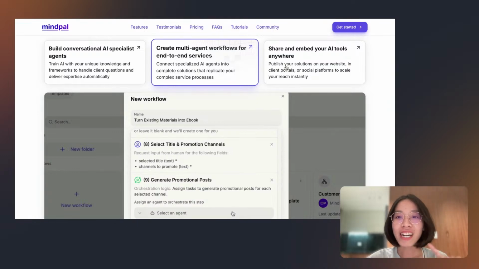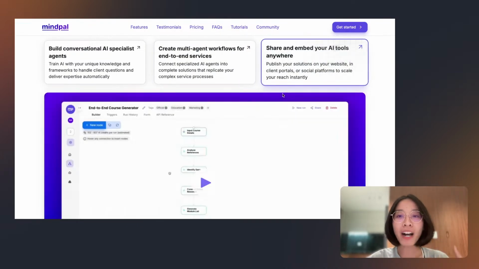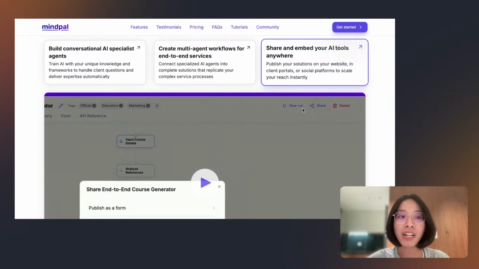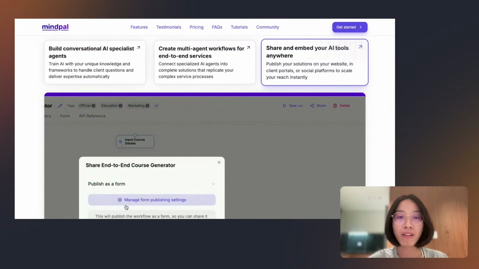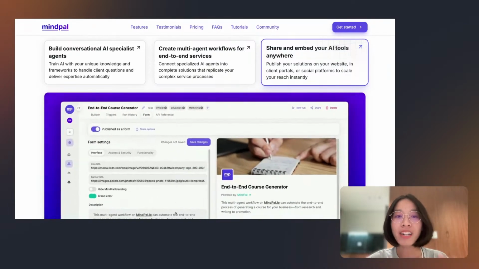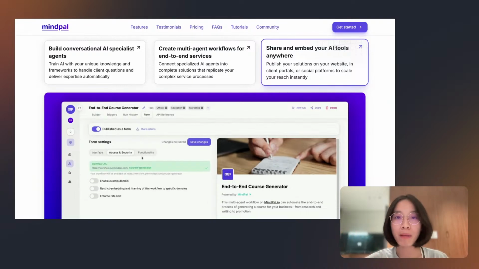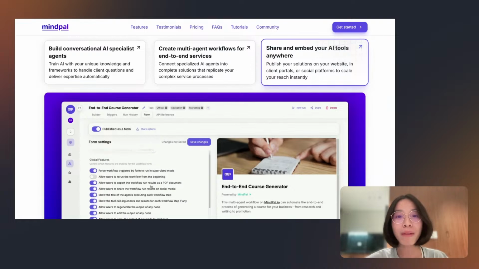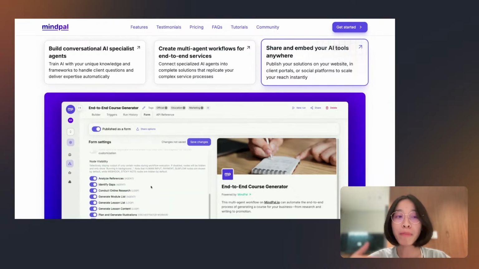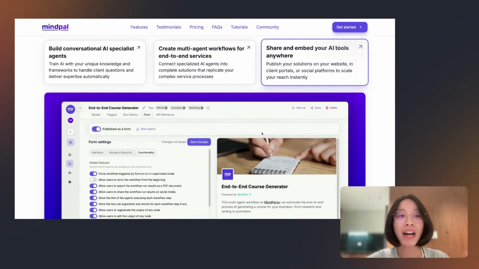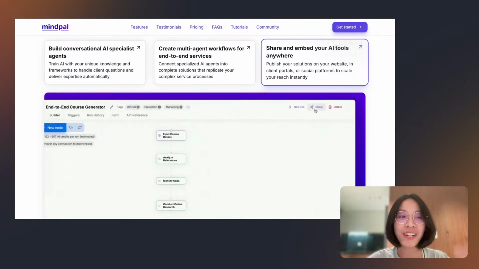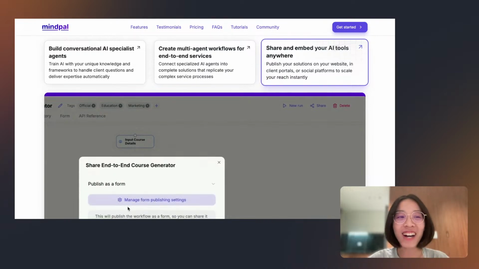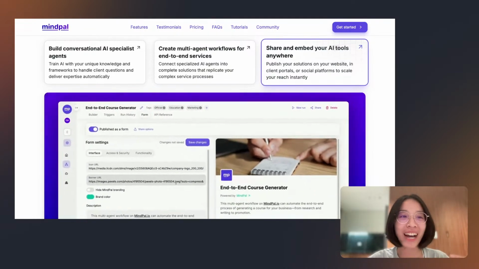And finally, on Mindpal, sharing is a native feature. So you can turn every single AI agent and multi-agent workflow you have built on Mindpal into public things that you can share with other people with a public link, or put them on your website so people can try them themselves without having a Mindpal account. So let me show you a real example how I sell Apify MCP to my customers.